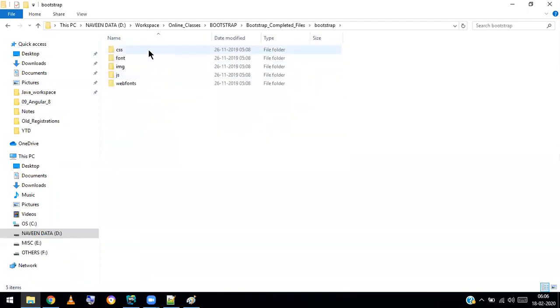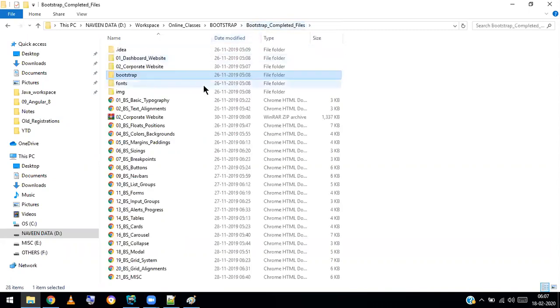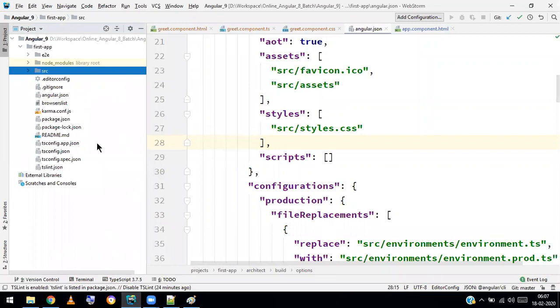I have a bootstrap folder which has the CSS, font and JS folders. Yeah, I need this bootstrap folder. I'll just copy that and come back here. So where are you going to paste it? You can either paste it in the src folder or you can keep it in a separate folder anywhere. I'll just keep it in the src folder. I'll just paste it.